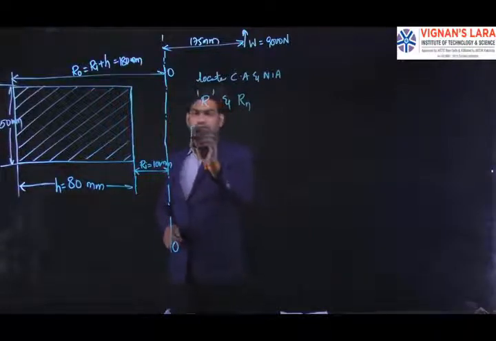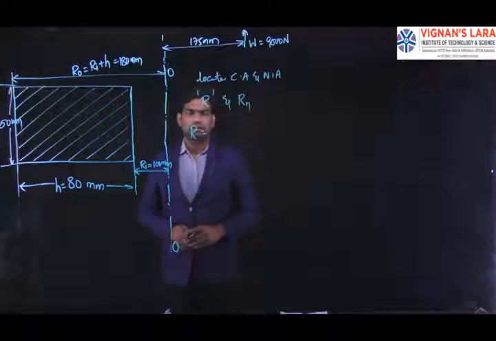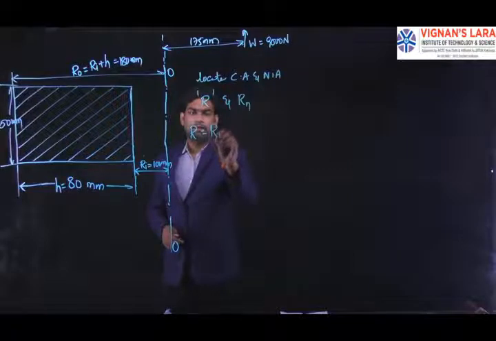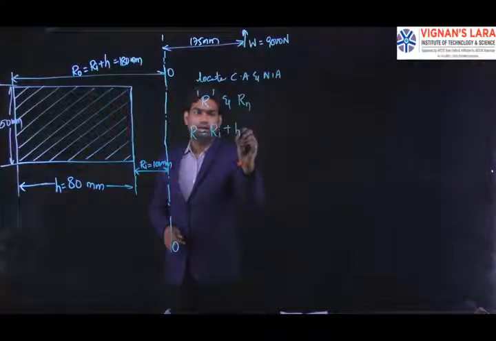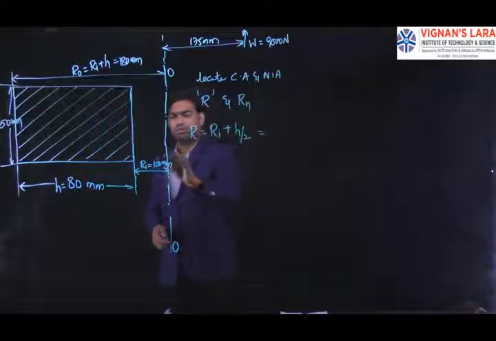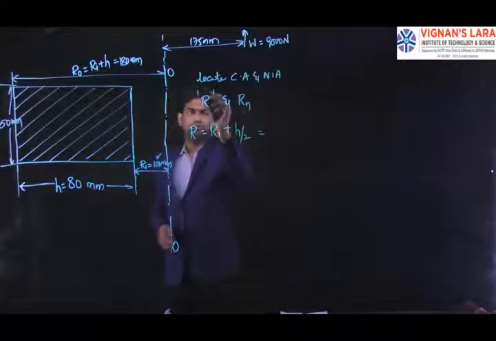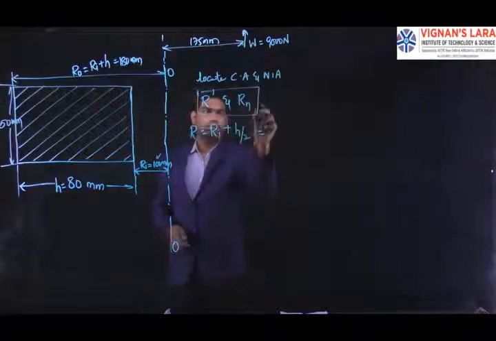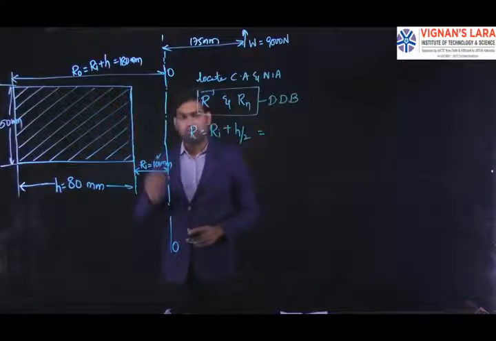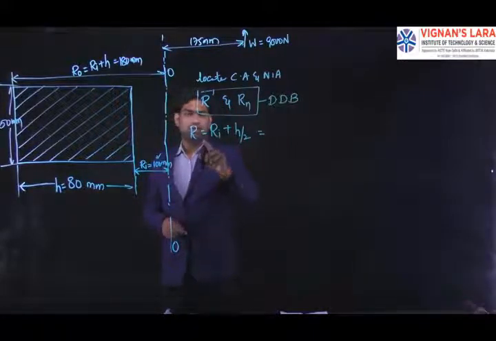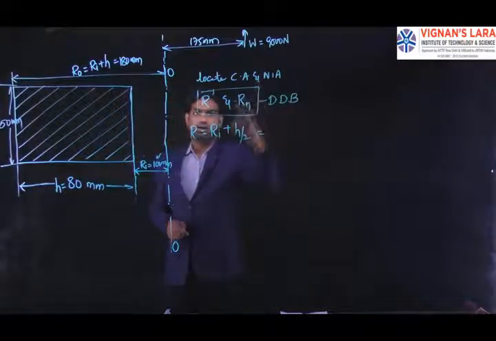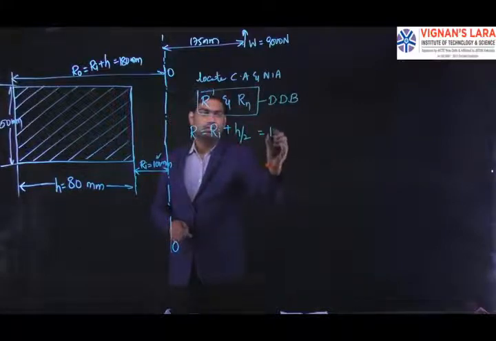So the radius of curvature that I can take from the design data book, the radius of curvature to the centroidal axis, is given by Ri plus h by 2, so half the depth. Ri is known, so 100 mm. These both can be taken from the values of equations for R and Rn. So for the rectangular cross section, R is equal to Ri plus h by 2, so half the depth, that is 40, and Ri is 100, so it is 140 mm.